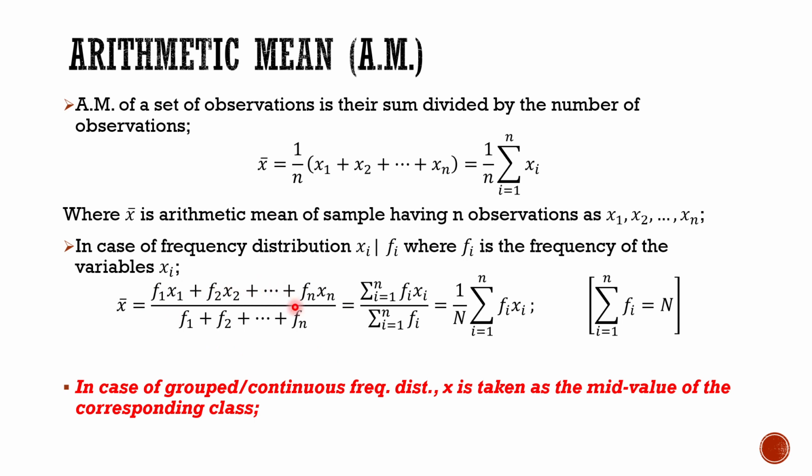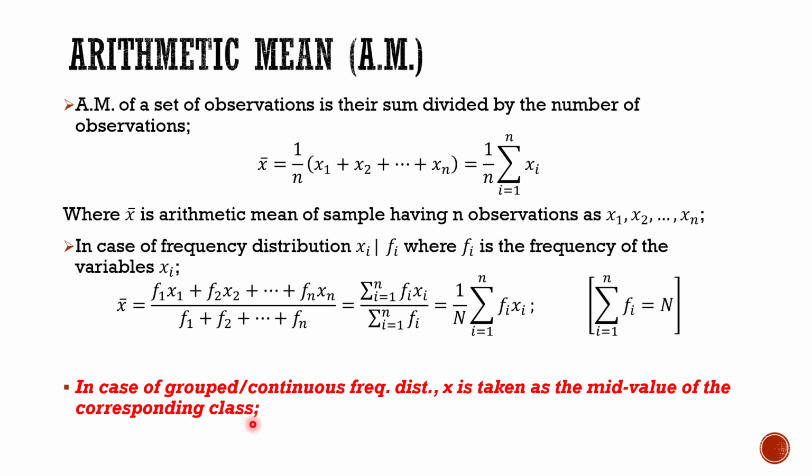frequency multiplied by values, and you will divide it by the total number of frequencies. How you can get it? You sum all these fi into xi, and you will divide this by summation of fi, and you will get it as this 1 by N. Here capital N is actually the sum of all the frequencies, as you can see here. So you will have to divide the summation of fi xi by total N, that is the summation of fi. In case of grouped or continuous frequency distribution, this x is actually the mid value of